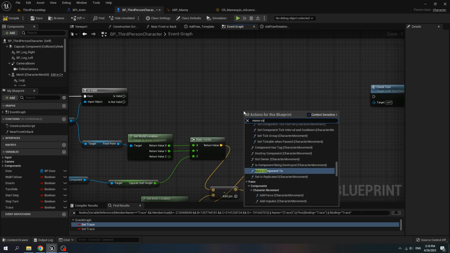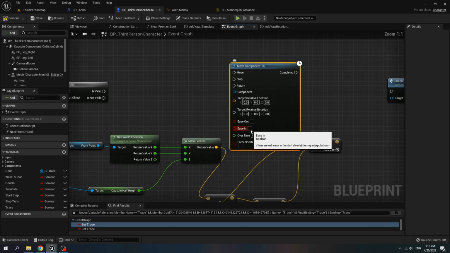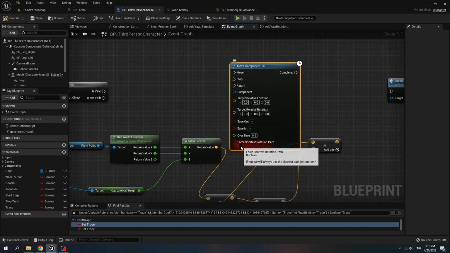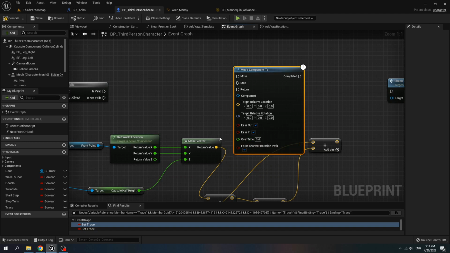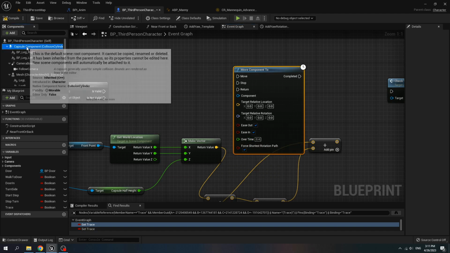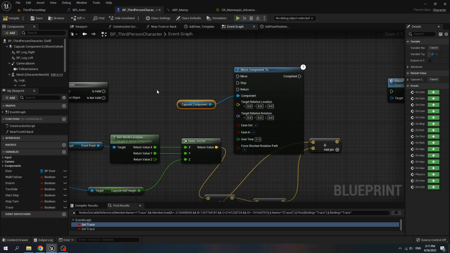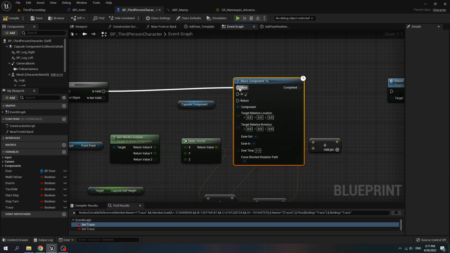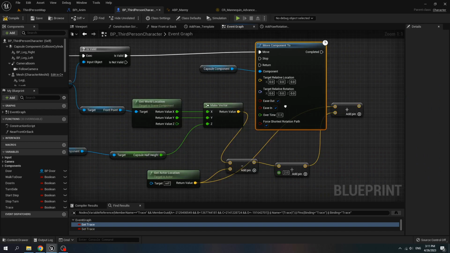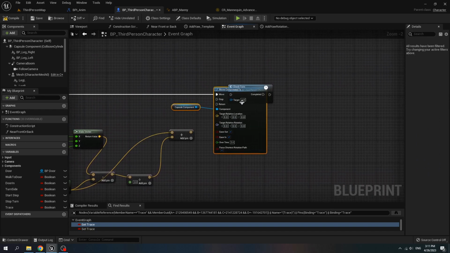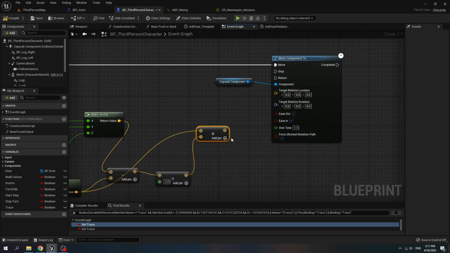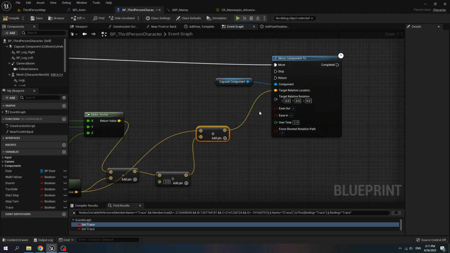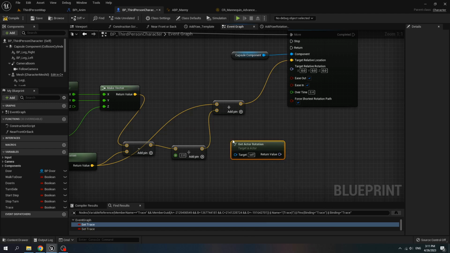Call move component to. Tick on ease in, ease out, force shortest rotation path. Over time is 0.4, and for the component is capsule component. If it is valid for move, for the location is the location of the half distance to the target location of the door, and get actor rotation to target rotation.